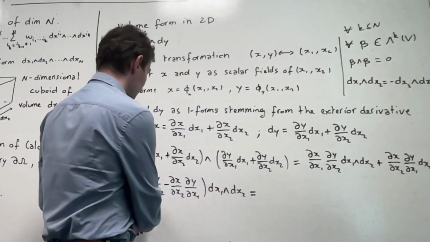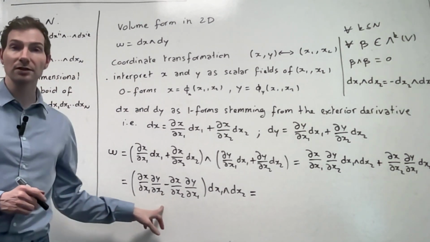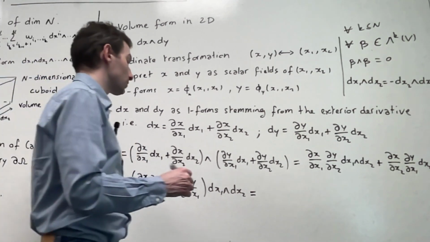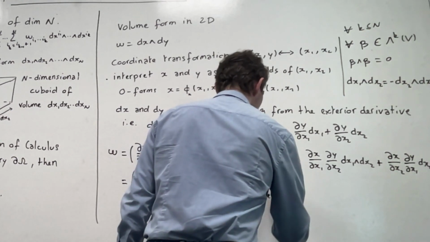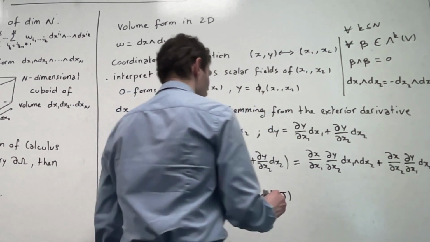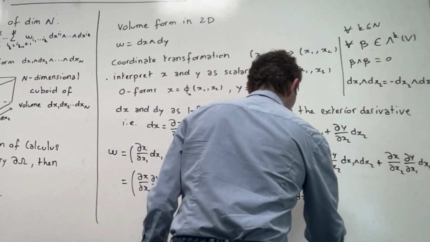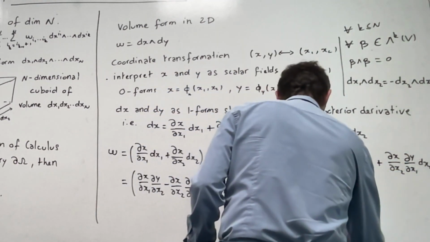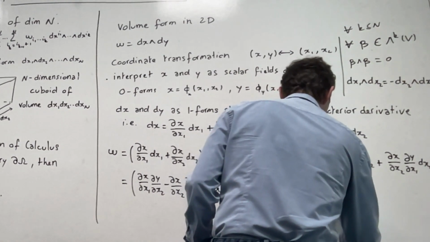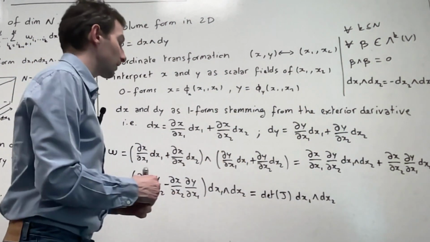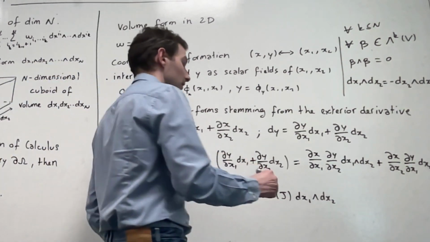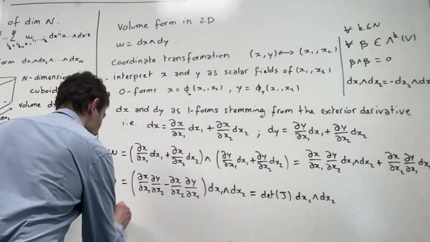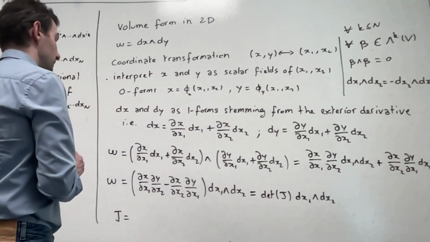Now, what this thing is actually doing is basically the following. This thing we can recognize is actually the determinant of a matrix, and this matrix is called the Jacobian matrix. So this is the determinant of, usually this is called J, times dx1 wedge dx2. Okay, so that's the idea, and the matrix J is actually equal to